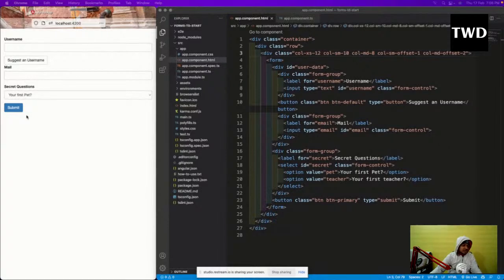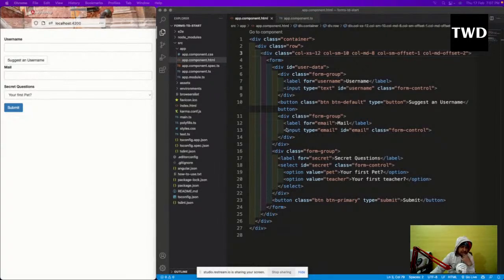So we are going to learn about forms. As I always say in my React class also, forms are very important, and they are very important in Angular too. But Angular is one step ahead. Angular has two ways to create a form: one is known as the template driven approach, and the other as the reactive approach. We are going to learn both ways, because both of them are necessary.